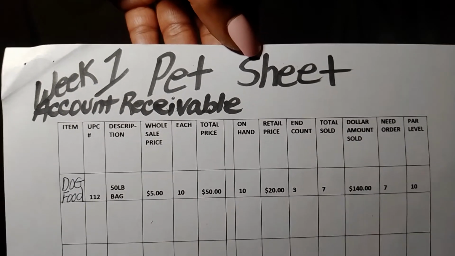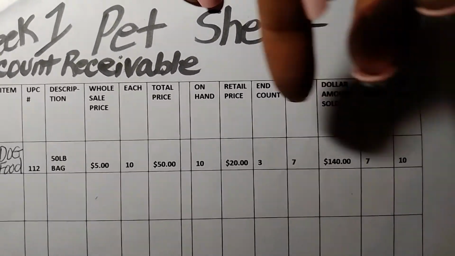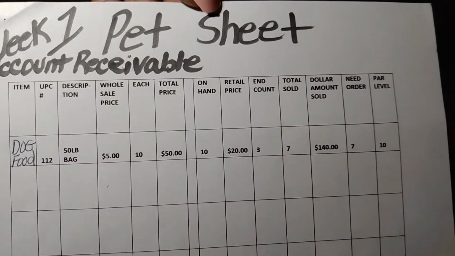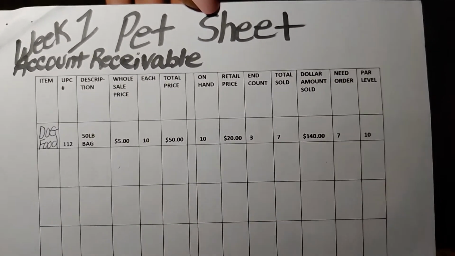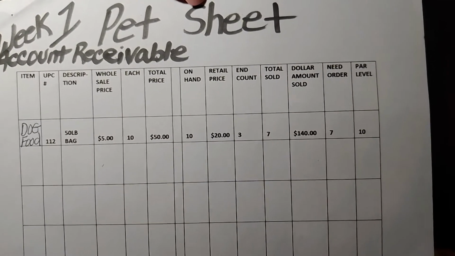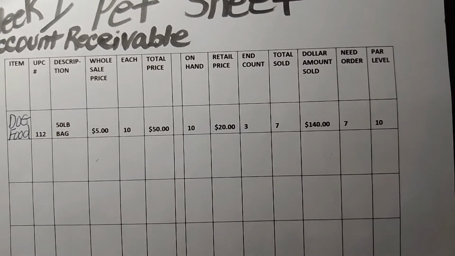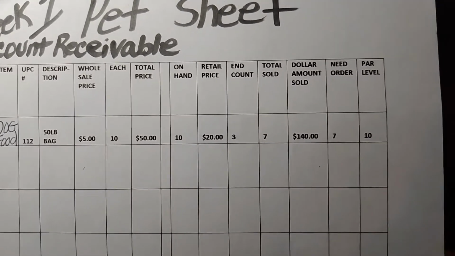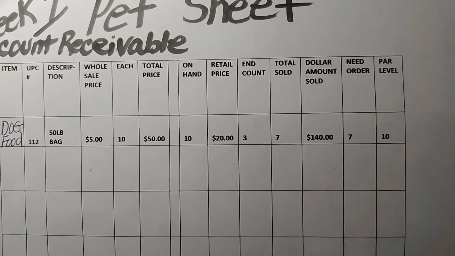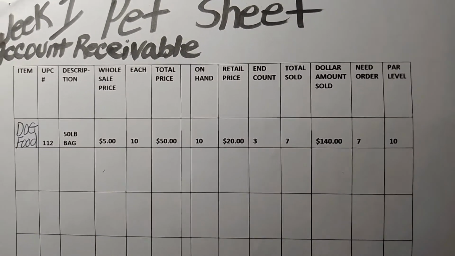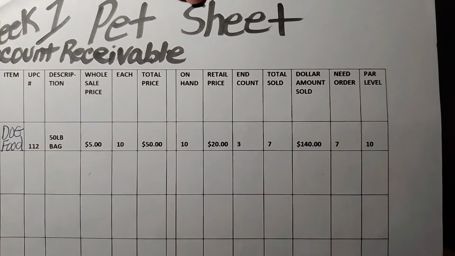And then, of course, this side here is accounts receivable, and over here we do inventory. We're not worried about that yet. Okay, so your item is dog food, and the dog food UPC number is 112, and you got a 50-pound bag of dog food. That's your description. Your wholesale price is $3, because that's what you paid for it, and you got 10 of them. And your total price,